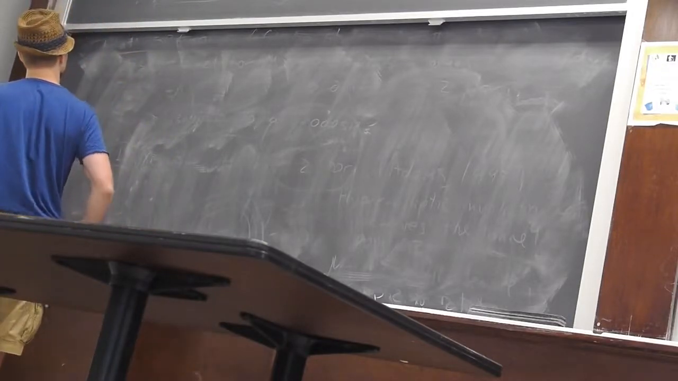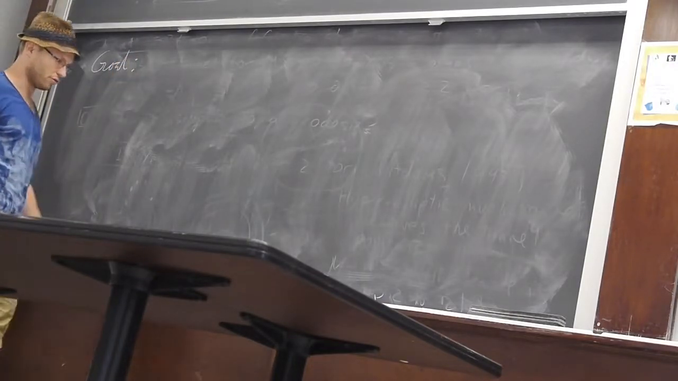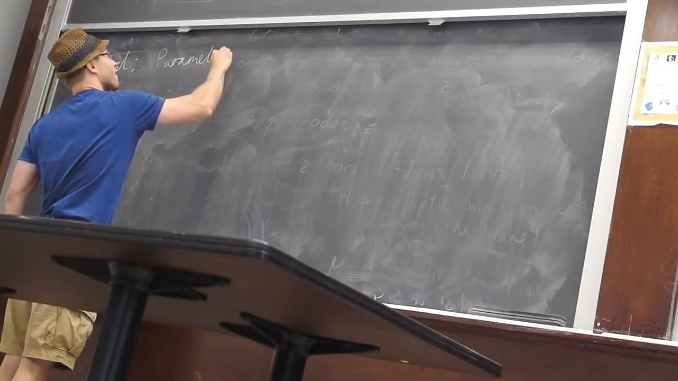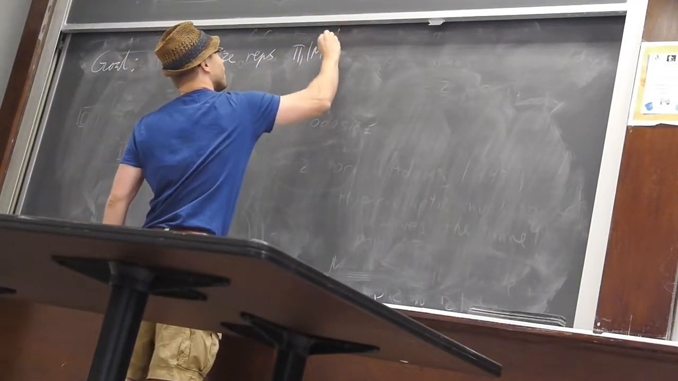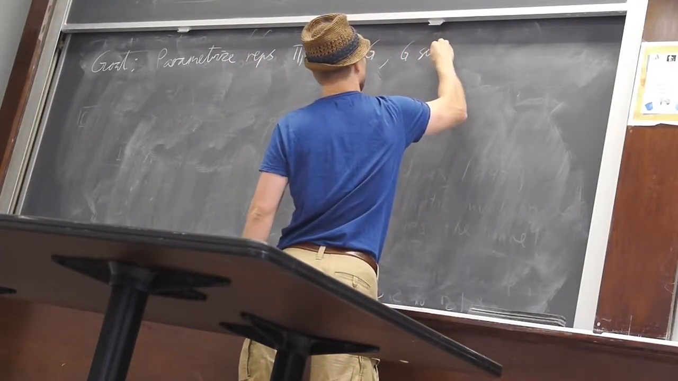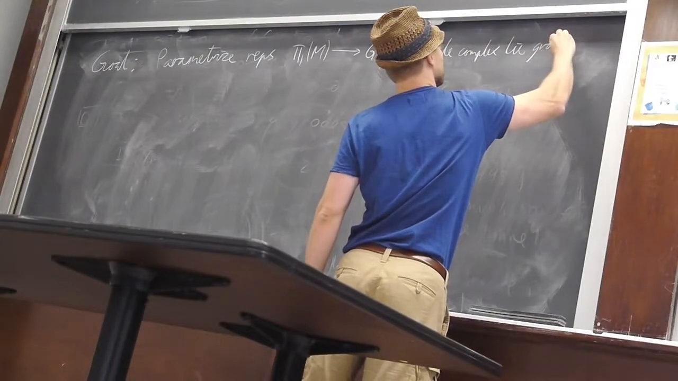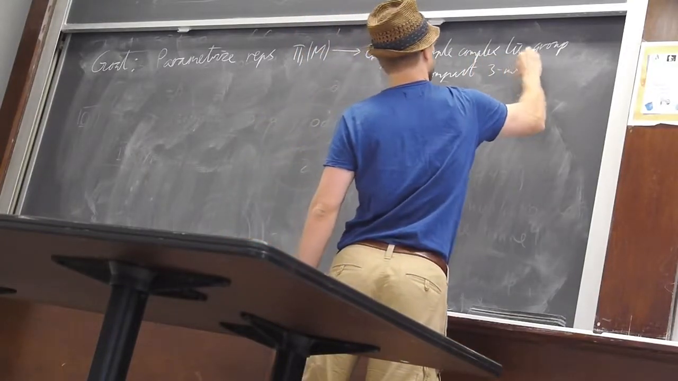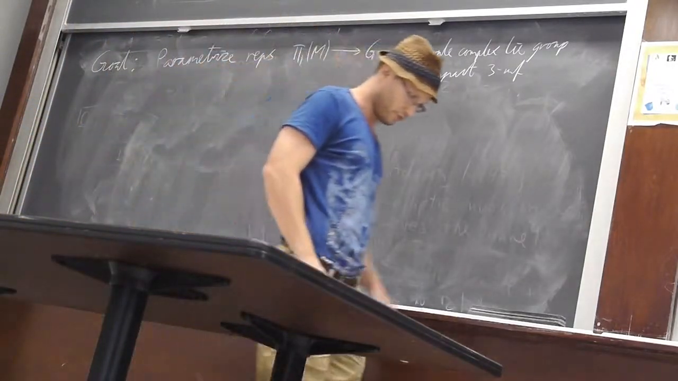So the goal is to parameterize representations of a three-manifold group. Let me just state it generally. So G is just some Lie group, and M is a compact three-manifold. What we want to do is give some variety that computes the points of the set